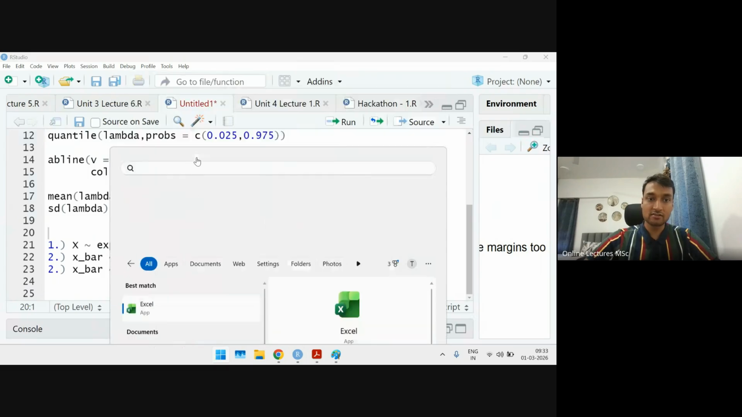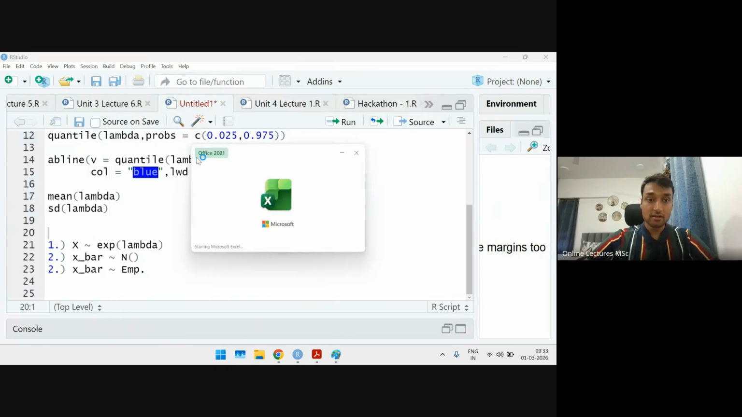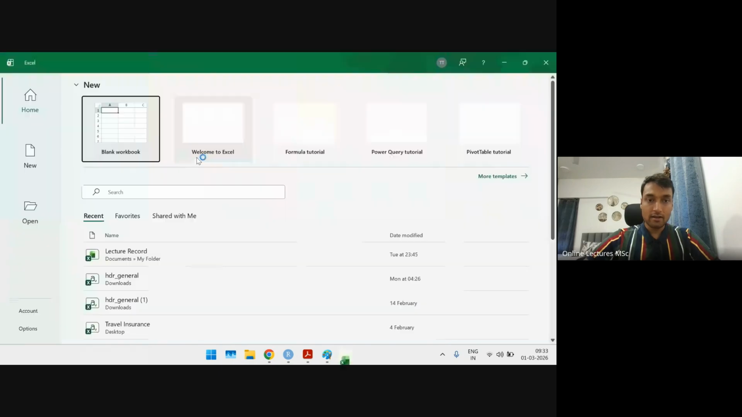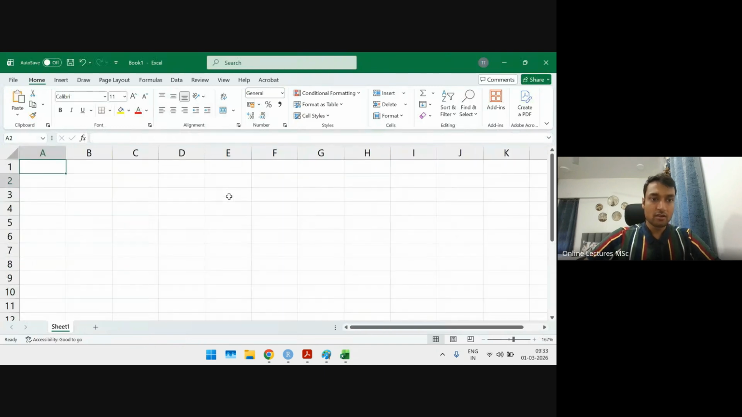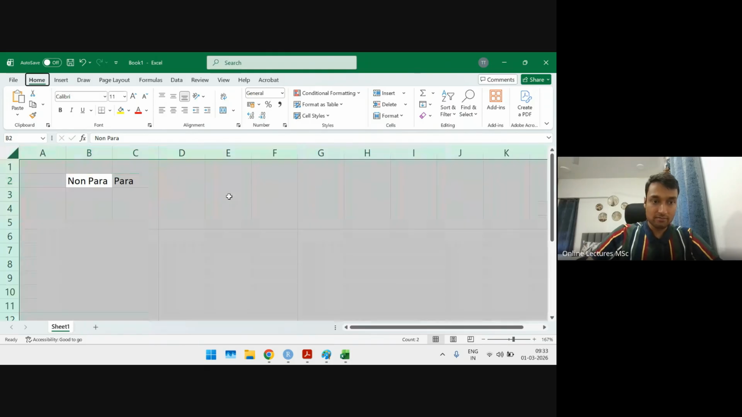That just helps summarize. I'll just quickly plot it on an Excel. Thanks for that, Tom. So when I say non-parametric bootstrap and parametric bootstrap,